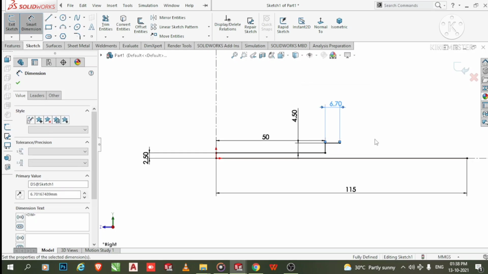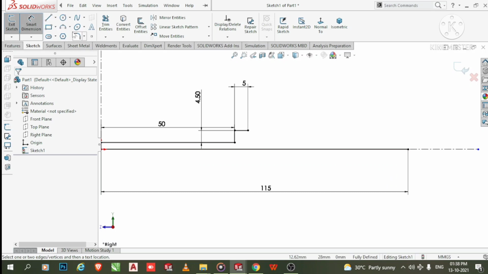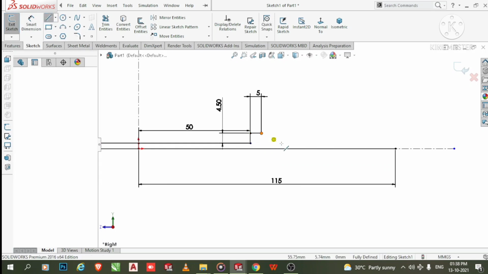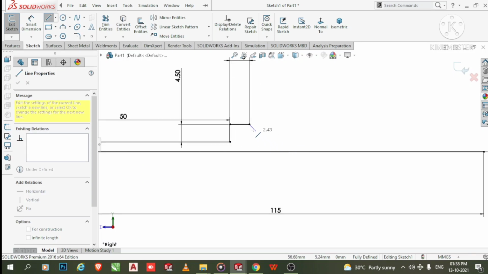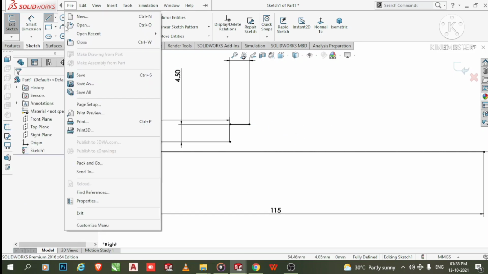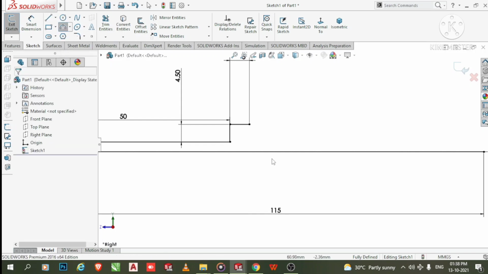Okay, now here we create arc. So select this line, select this point and drag up to here. Now back to this point and here it will not work, so we can use 3-point arc also. So select this 3-point arc.